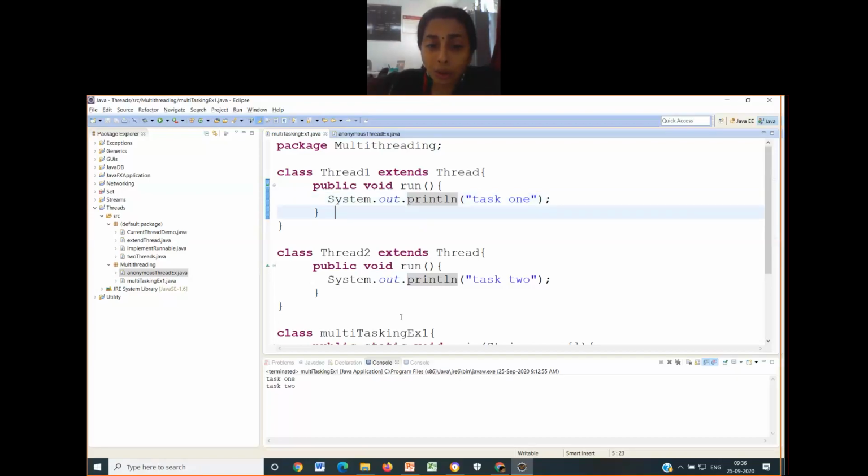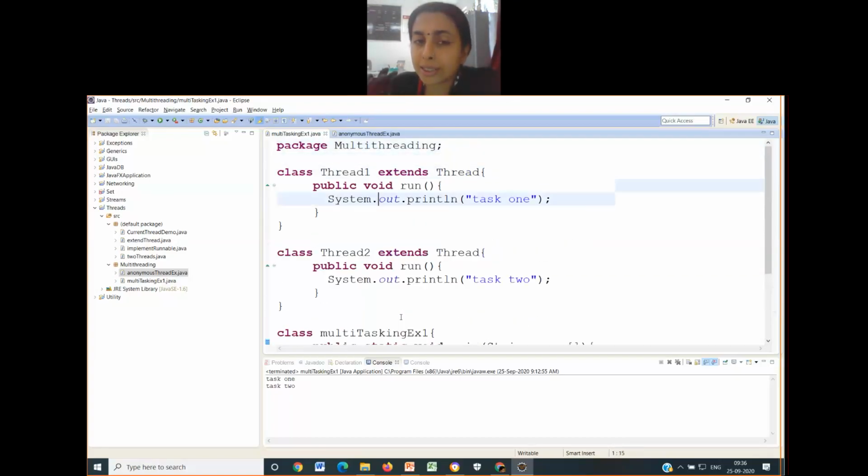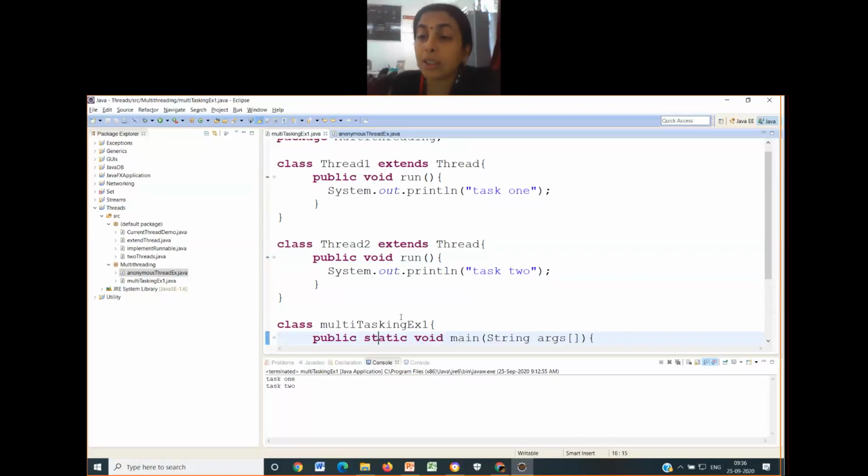Now, when I go back to the main method, what will happen here? There is a call for t1.start, then a call for t2.start. In my previous class, I had shown you that if, instead of start, you call t1.run, what will happen. Already I have shown you. So this simple program has three classes created, of which two are thread classes and one is the main class. The main class spawns thread objects of the two thread classes, and independently they will call their own run method and run independently.